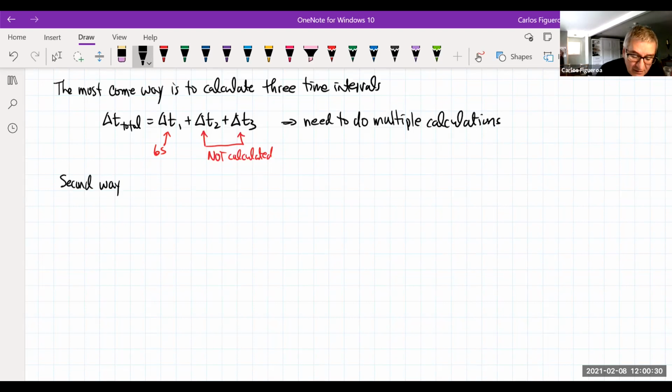I just realized I said the most come way, or maybe the most common way. My brain always works faster than my hand, of course, as you can already tell. The second way to solve this time is by noting the following. If I draw my interval,